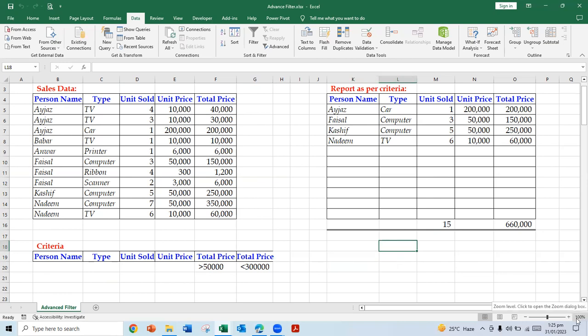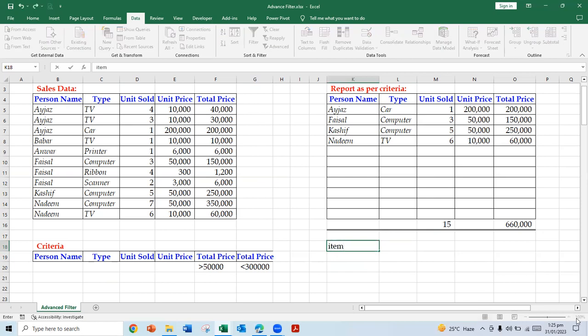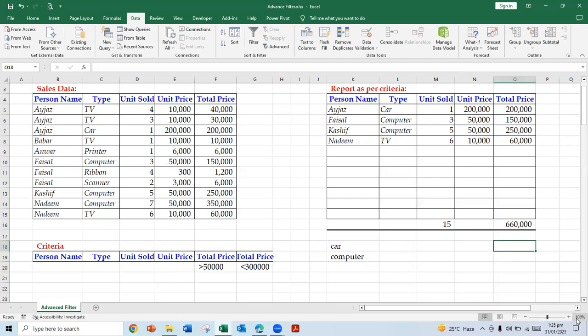Okay, what is the sale of item one? Like item one, item two, I can set over here. Item one is car. Item two is computer. I can find the sale with sumif. Here you can put the formula of sumif, criteria, sumif